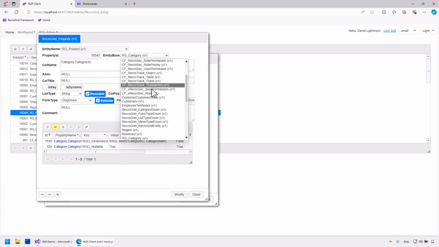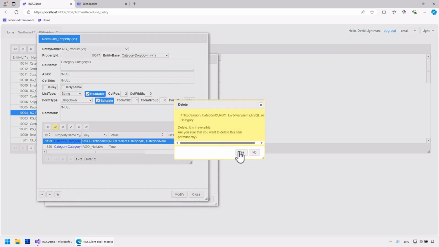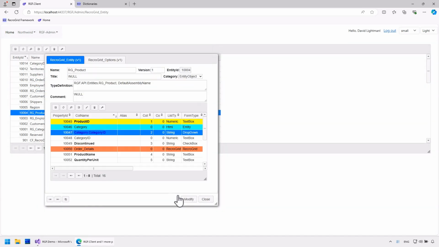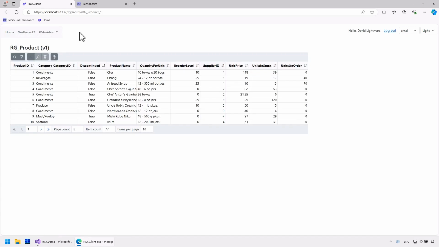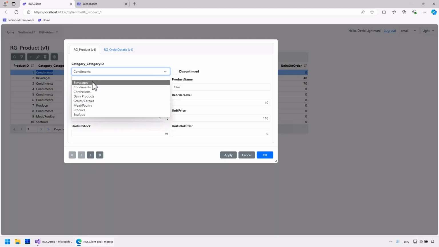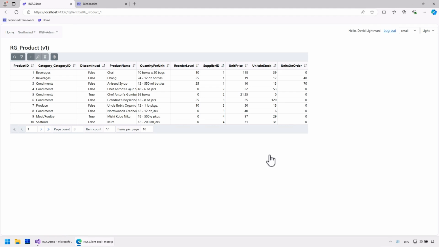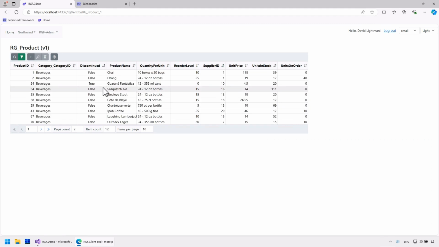I will specify the entity in EntityBase. So the field-specific dictionary definition is no longer needed. Let's try it. Everything works perfectly.